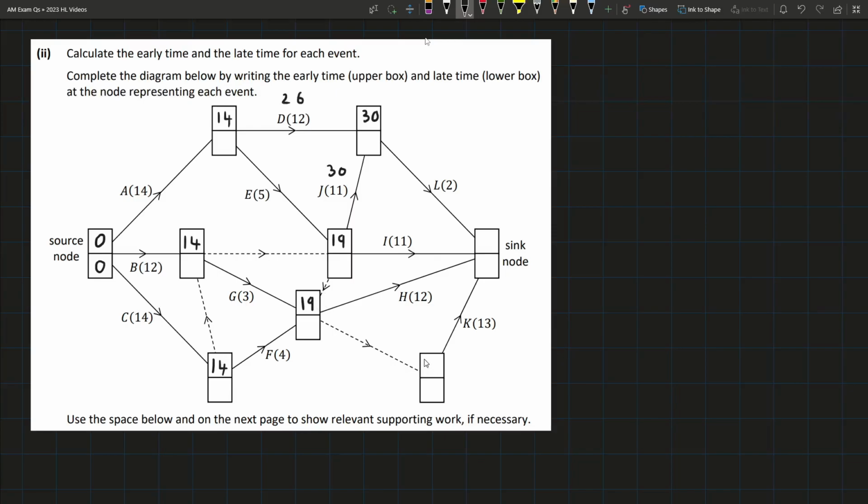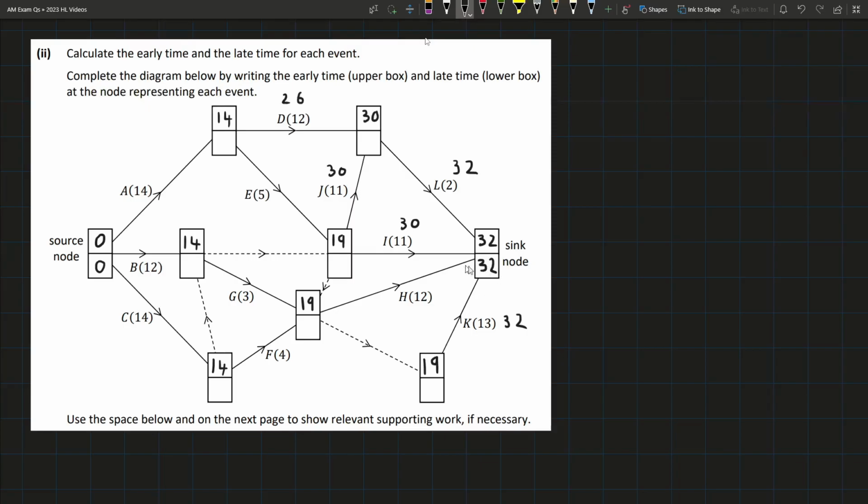Now this box down here, that's going to have to be 19 as well, because it's essentially the same point as this node because of the dummy. Now to figure out what the sink node is going to be, we have 19 plus 13, that's 32. Here we have 32, and here we have 30. So 32 is the biggest, so we could do that. We know the bottom one's going to be the same, so we write 32,